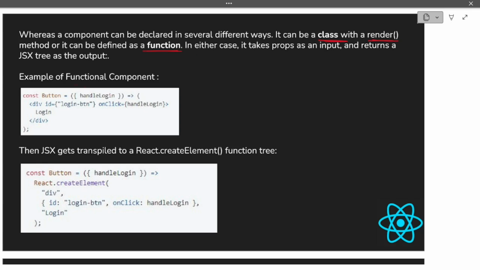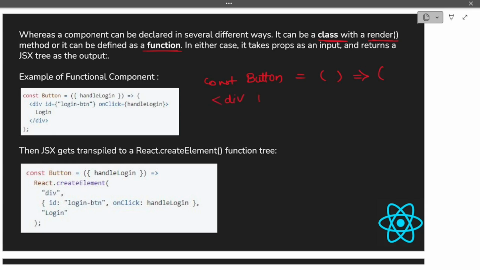First is our functional component. A functional component is nothing but a JavaScript function, right? For example, if we have to create a functional component for a button, how can we do it? Let me write it over here so you understand in a better way. I'm going to write const button equals, then a JavaScript function, the ES6 way, through an arrow function.